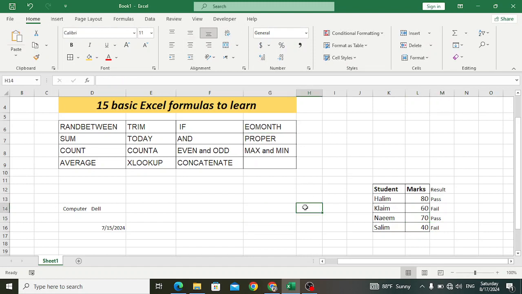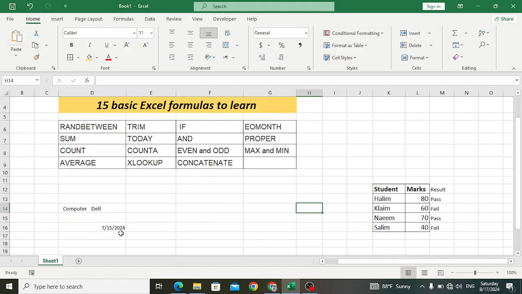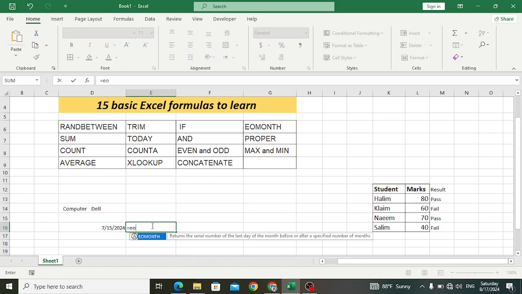EOMONTH is a function which is used to find the end of a month. For example, we want to find the end of the month after a few months. Like today is the 7th month, 15th, 2024, and we want the end of the month some months later. Whenever you are paying employees, you should pay them then. So let's do it like this. EOMONTH,